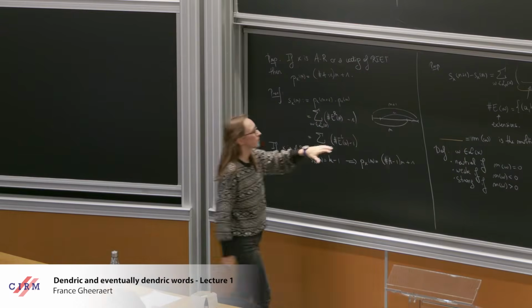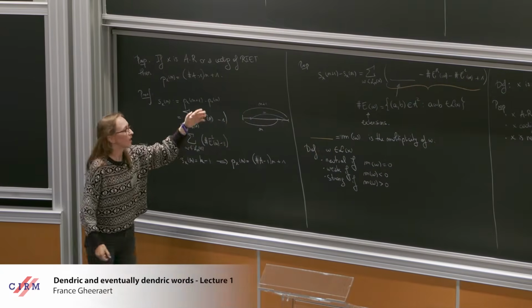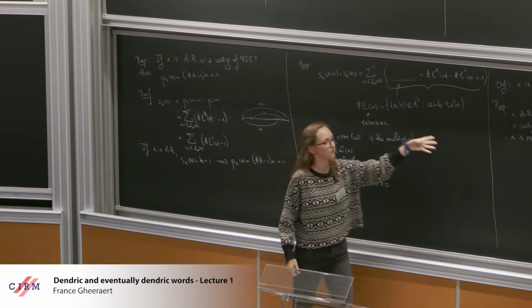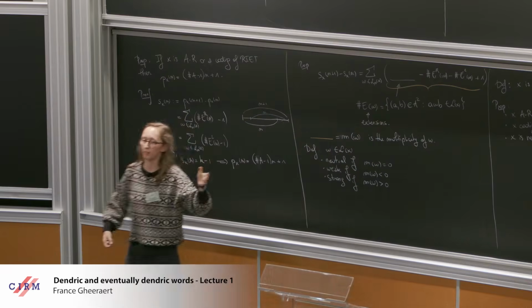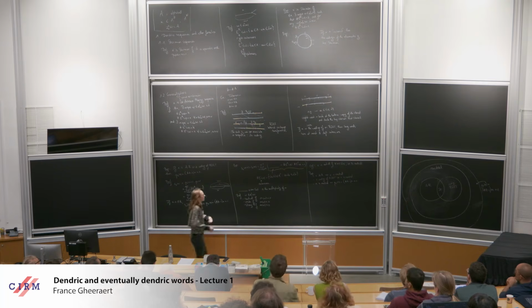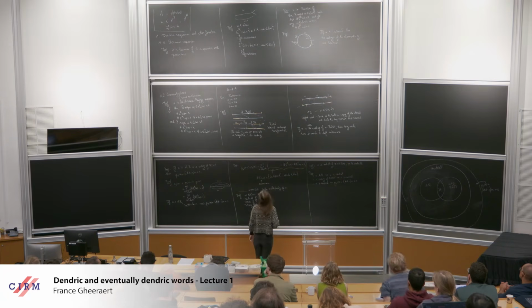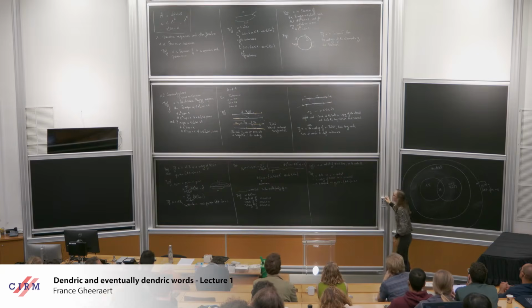Okay, so we saw two generalizations of Sturmian sequences, and we saw that they had some combinatorial properties in common, and especially these are properties that are related to counting stuff. Either we're counting the extensions or we're counting the number of factors, so the complexity. But they also have some common properties that are not counting stuff, but more structural properties. And so this is where the dendricity comes in, and I will switch blackboard.